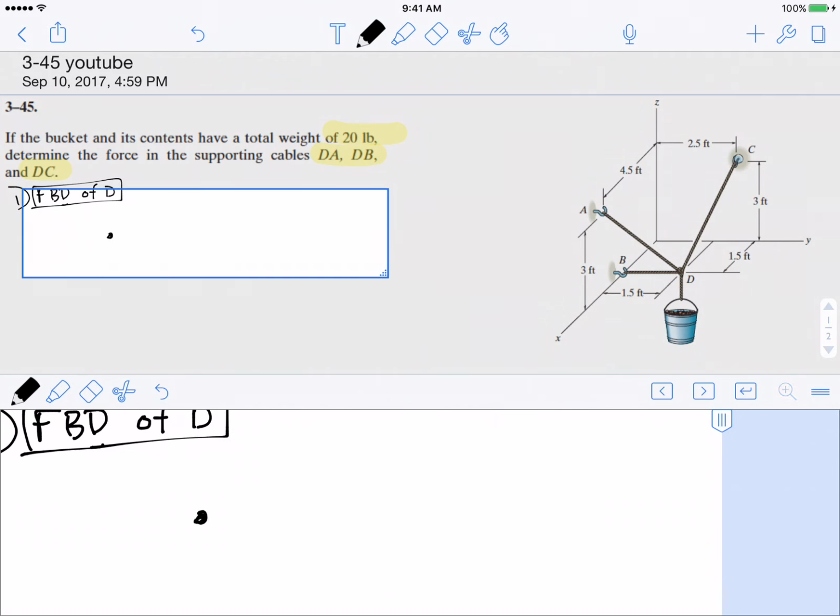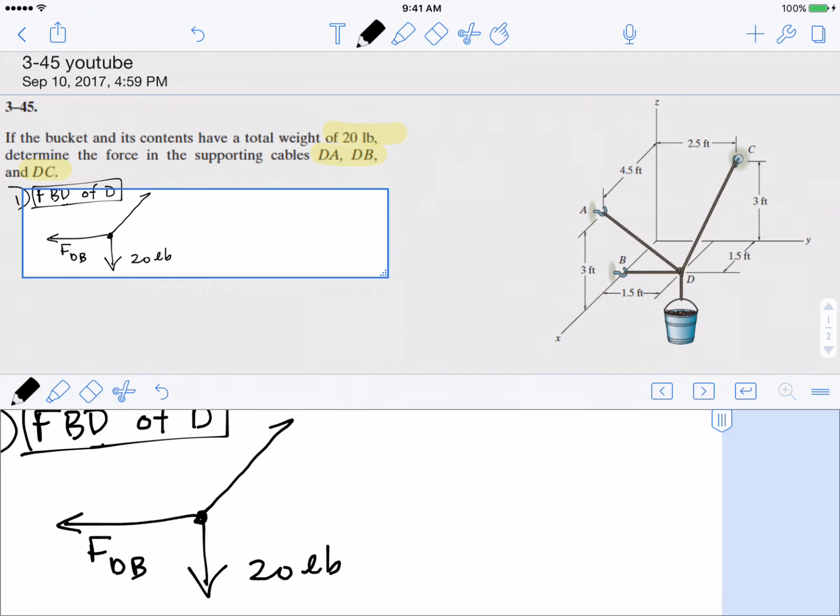All right, so here I am at point D. I have a bucket pulling on me. It weighs 20 pounds. I am feeling support in the DB direction because it goes from D to B. And I observe right away that this is actually just going along the axis of Y. So it's going to be going in the negative j direction, and we'll use that in a moment. This point D is also feeling an FDC, supporting it upward,